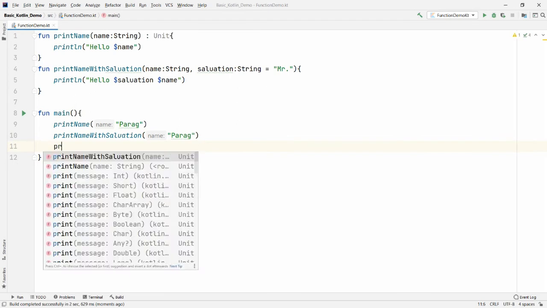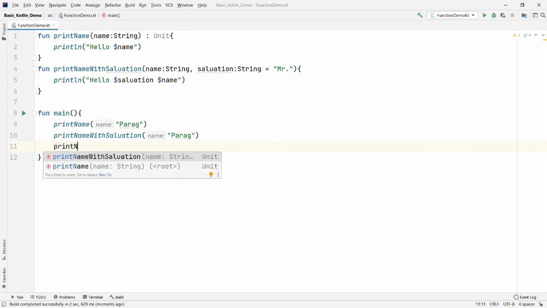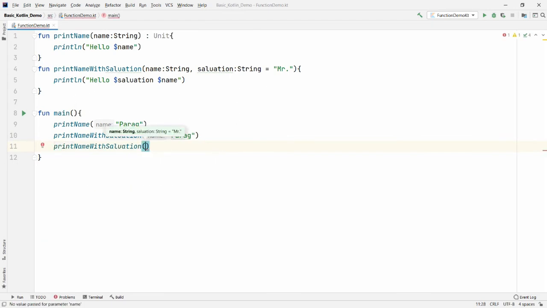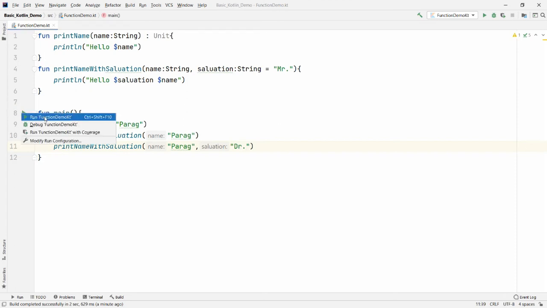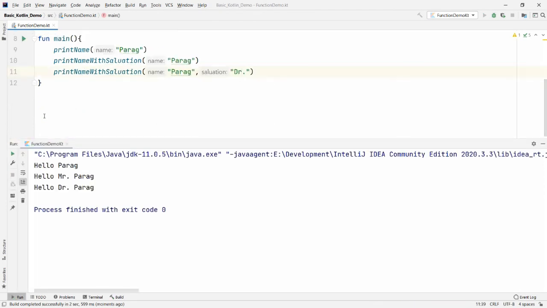But interestingly, you can call the same function with a different salutation. For example, I'm writing here, again providing Parag, but now I'm providing the salutation Dr., that is doctor, right? So whenever you run the FunctionDemo.kt file, you will get three different outputs.